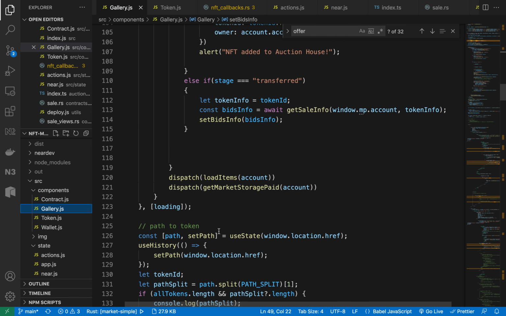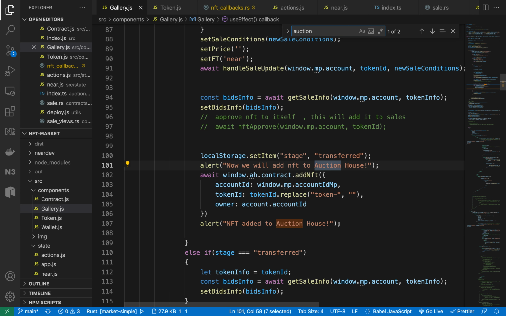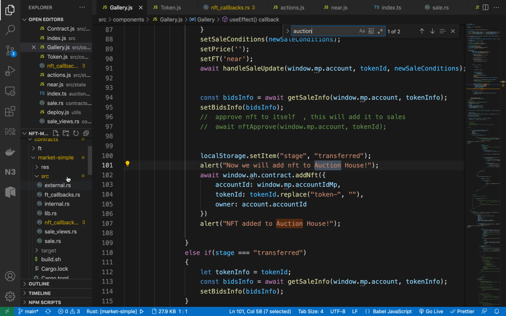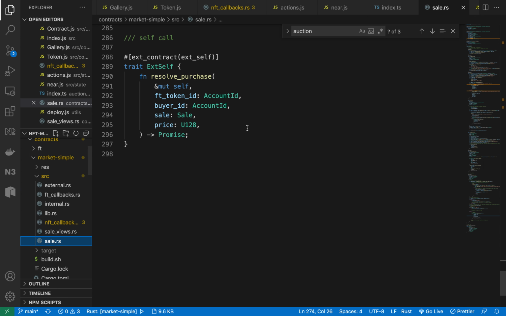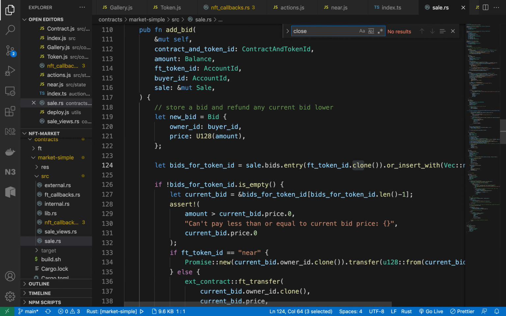Okay, so in this we are not closing the auction here. We are closing in another contract. So I'll go to the marketplace contract and I will go to the sale. Okay, here, and I will try to close.